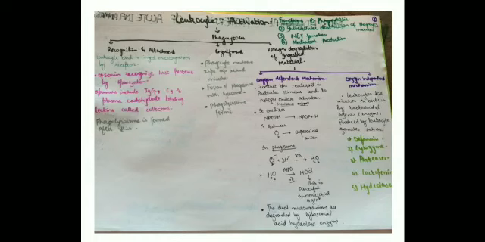Okay, once we are done with recognition and attachment, let's move to engulfment. What happens in engulfment? The phagocyte membrane zips up around the microbe, so it covers the microbe. Then fusion of the phagosome with the lysosome occurs, resulting in the formation of a phagolysosome. Then comes the third step, killing and degradation of ingested materials. Two mechanisms are involved, the oxygen dependent mechanism and the oxygen independent mechanism.